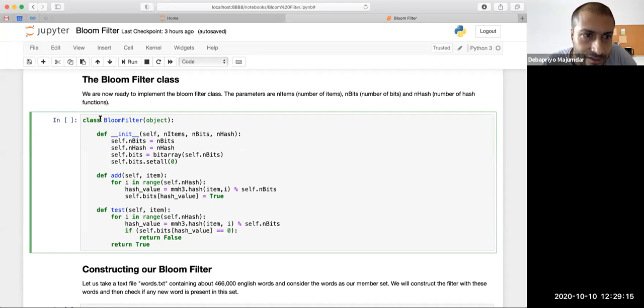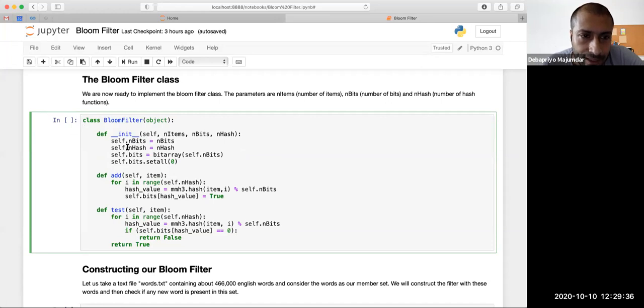So this class Bloom filter, this is how we will construct it. If you have done any other object-oriented programming, you will know. Otherwise, you will construct it with these three parameters: n items, n bits, and n hash. So number of items, number of bits, and number of hash functions.